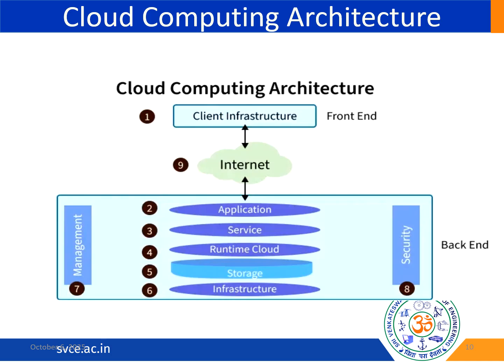So moving on to the runtime cloud, the execution environment where the applications run. It also provides the runtime services and manages the resources. We also have storage. Storage is nothing but the part that handles the cloud's data storage system, which can store and manage user data. Moving on to the infrastructure, it considers the physical resources like servers, network, hardware, and virtualization, which is mainly used